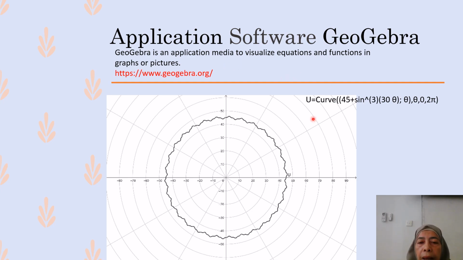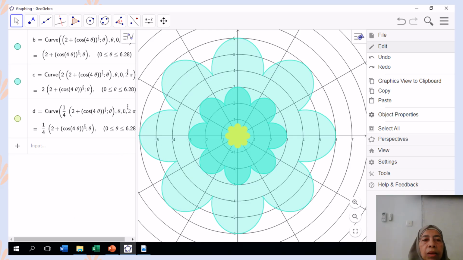So with the syntax like this, curve 4.5 plus sine to the power of 3 of 30 theta will give the picture like this one. And when we add some more equations like this, 3 equations, it will give the shape of a flower, like on the right side.